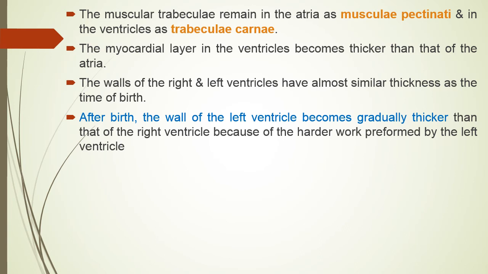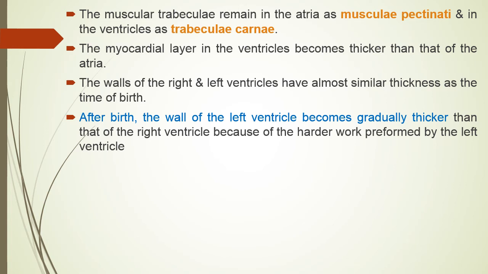As the inner layer becomes spongy, on the inner side there are muscular irregularities in the atria as musculi pectinati and in the ventricles as trabeculae carneae. Trabeculae carneae are much more prominent and they form trabeculae in the real sense, some of which later change into the papillary muscles and also chordae tendineae, as they become converted into fibrous tissue in the distal parts.